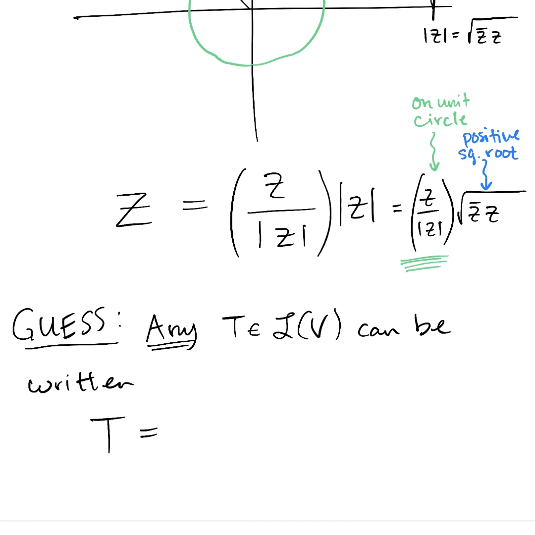That piece is on the unit circle. The unit circle is analogous to the isometries. So you can write T as an isometry